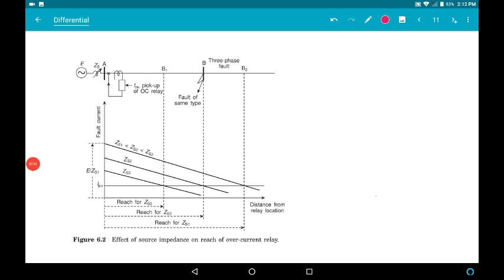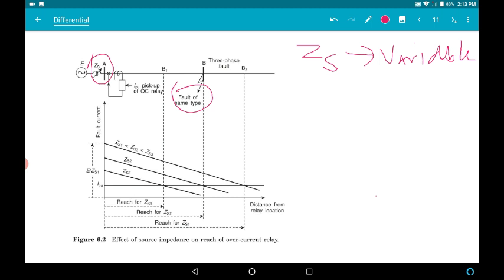In the earlier diagram, we have seen how the different kinds of fault play a role. Now let us say that the fault is only at the same point and of the same type. So the fault is at point B and it is of the same type. It may be an LG fault, LLG fault or whatever, right? But now the source impedance is variable. That means the ZS value is changing. Whether you have a change in line impedance or source impedance, it will have an effect on the relay reach.